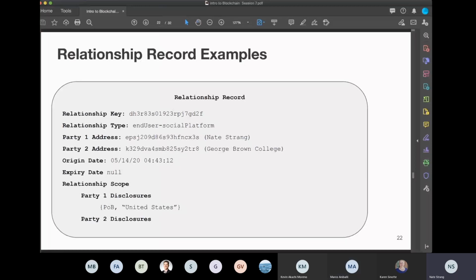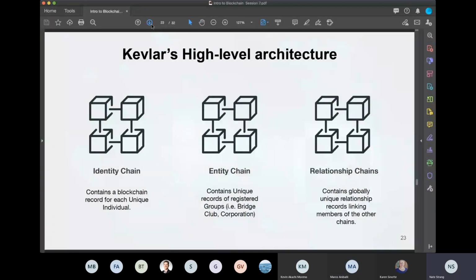Okay, so we've looked at those records. We've looked at some examples of different types of relationships. And there's kind of one more element to the blockchain architecture of Kevlar that I want to point out, and that is the scalability. So we've talked about several examples of public global blockchain solutions being challenging to execute because of bandwidth limitations. Supply chain solutions is one we looked at. So how can then Kevlar